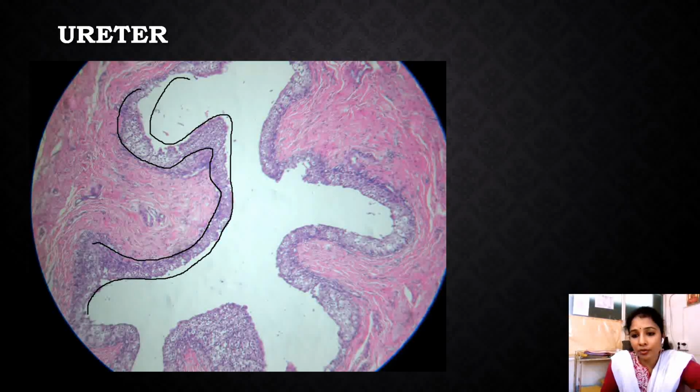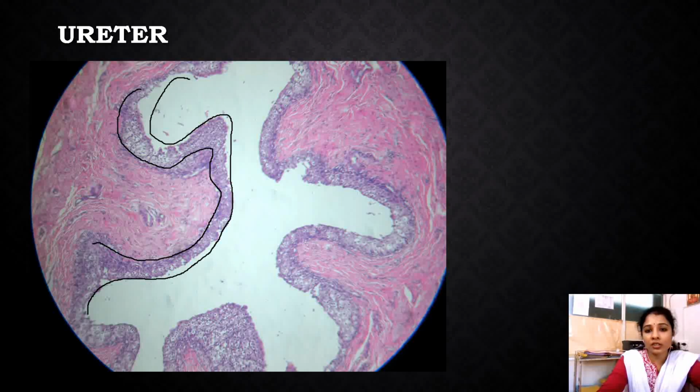Sometimes they may be binucleated, and the lowermost cells are columnar cells, and in between we see cells called polyhedral cells. These cells are adhered together by desmosomes, which are tight junctions, very much needed for urothelium because they don't allow toxic substances to enter the tissue of the ureter. So it protects the tissue against corrosion and toxic substances present inside the lumen, that is the urine. Outer to the epithelium we can see a layer of connective tissue called lamina propria, and outermost we can see the muscles.